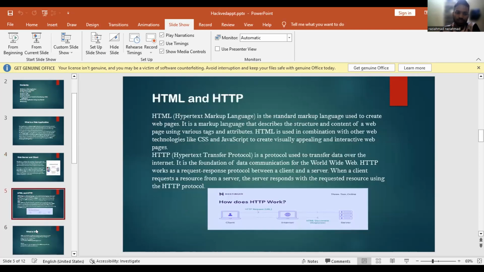Next, move to the next slide. HTML and HTTP. So HTML, hypertext markup language. It is the standard markup language used to create web pages. It is a markup language that describes the structure and content of a web page using various tags and attributes. HTML is used in combination with other web technologies like CSS and JavaScript to create visually appealing and interactive web